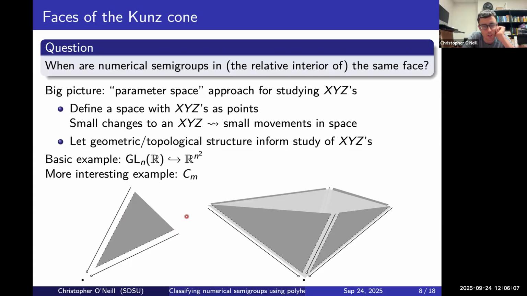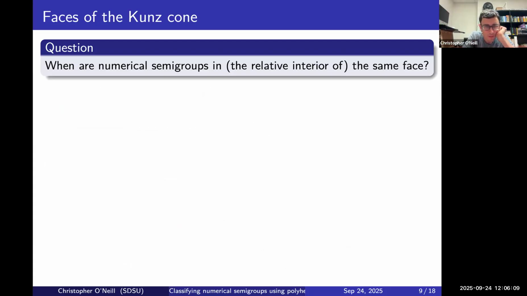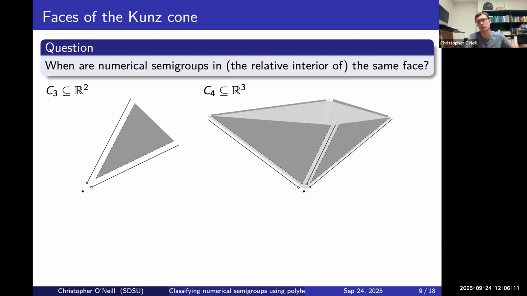And so that's sort of the question we want to look at. So just sort of thinking about what this face structure looks like as m increases, right? When m is 3, we get a cone. When m is 4, we got this 3-dimensional cone, and we said this has a quadrilateral cross-section. In particular,